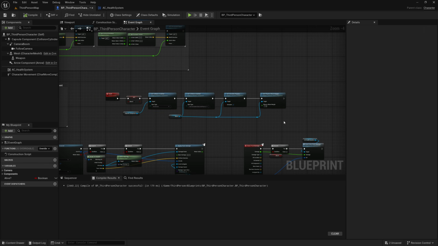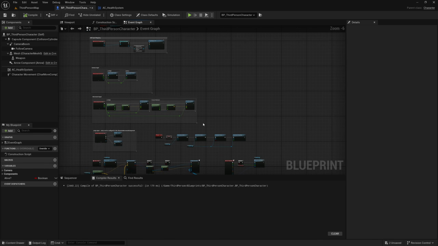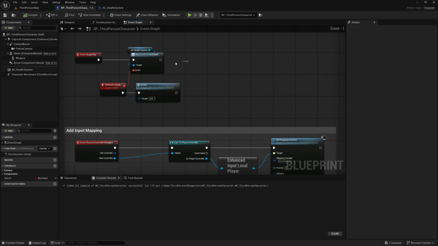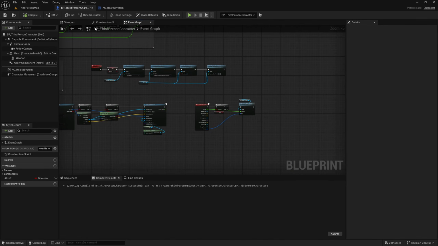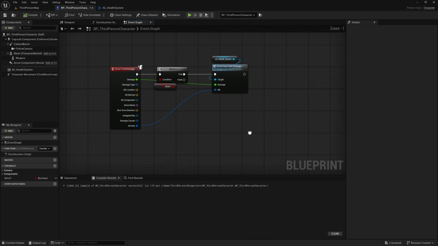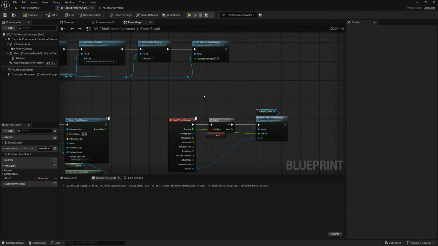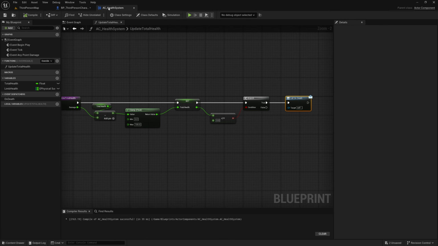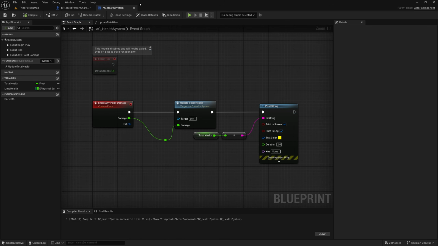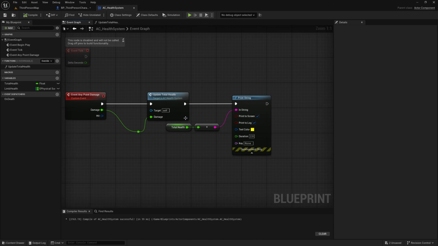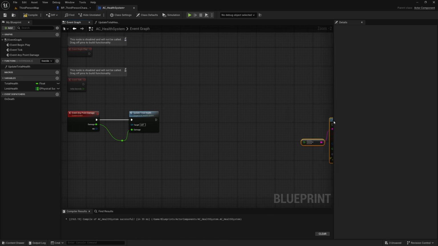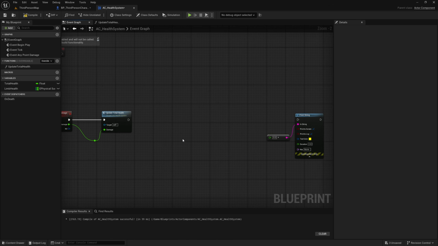We're not going to do anything else with the death function, but we will be able to call this death event dispatcher from our actor component whenever we want in any part of the logic, and it will cause that character to die. Nice. So that's basically all we need to do in the character blueprint, because everything else we want to do is right here in our health system component. I'll disconnect this print string for now, but we might keep it to print some other stuff in a moment,